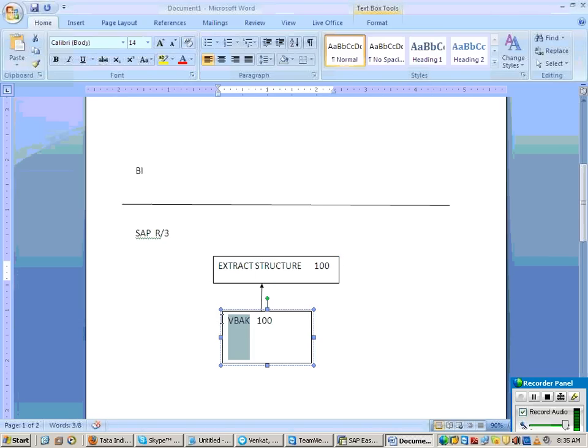But while sending the data to my BI side, I don't want to send the entire data. I want to send only 90 fields. Those 90 fields are nothing but the transfer structure of BI. In the extract structure, you get an option called hide field. So extract structure minus hide fields